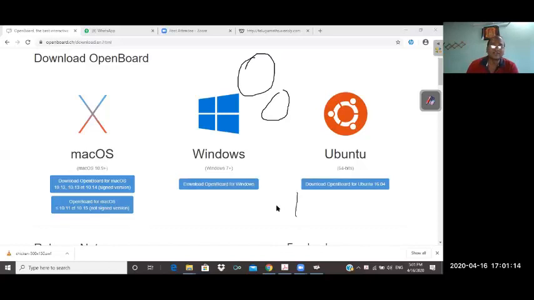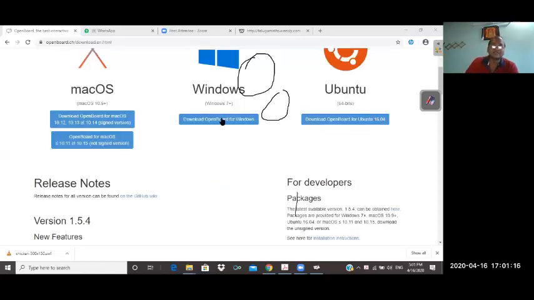Okay. Now, if I click this button, for example, it will start downloading. You can see here it is downloaded. It is nearly 53.3 MB. If you have a broadband connection, it takes less than 1 minute.